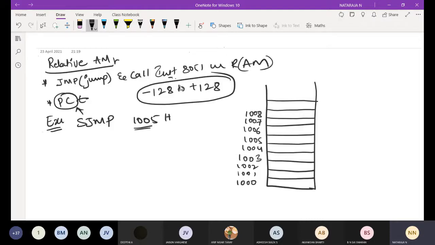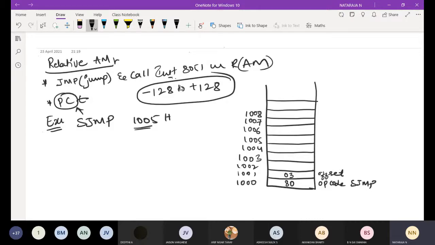For example, I'm going to store 80 here. This is the opcode of SJMP, and this will be the offset address.